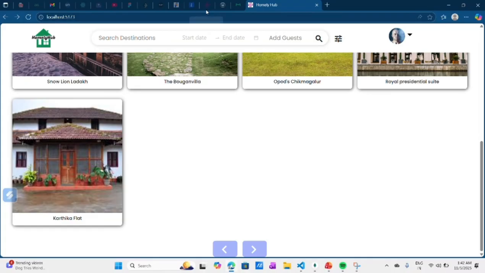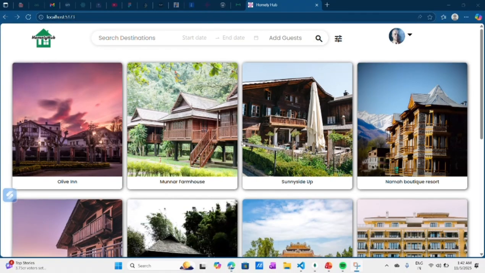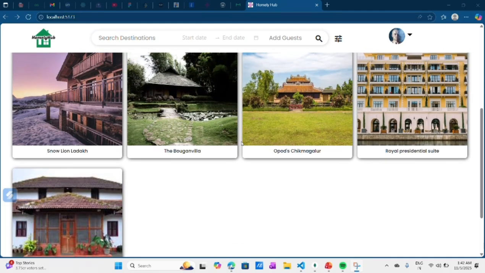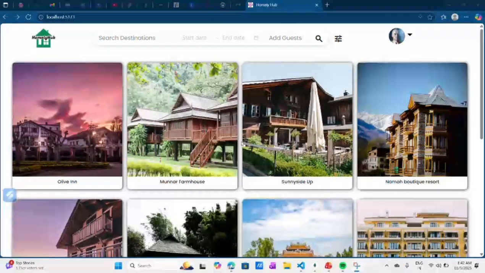In the Homely Hub project, the front end was built using React.js with reusable components for navigation, room listing, and booking form. The backend APIs were developed using Node.js to handle user authentication, room management, and booking operations.